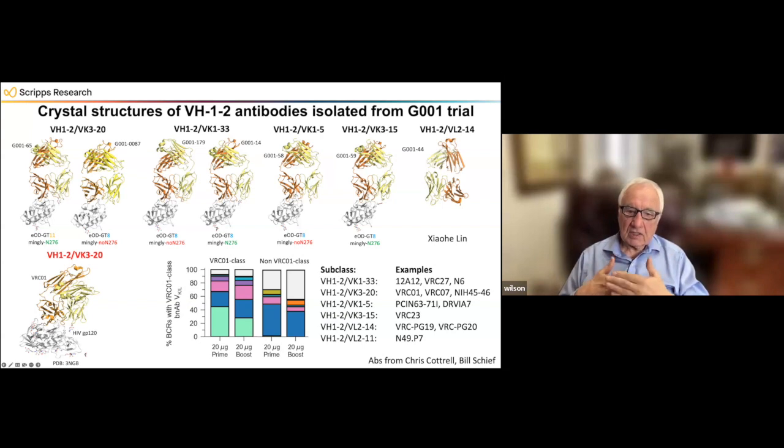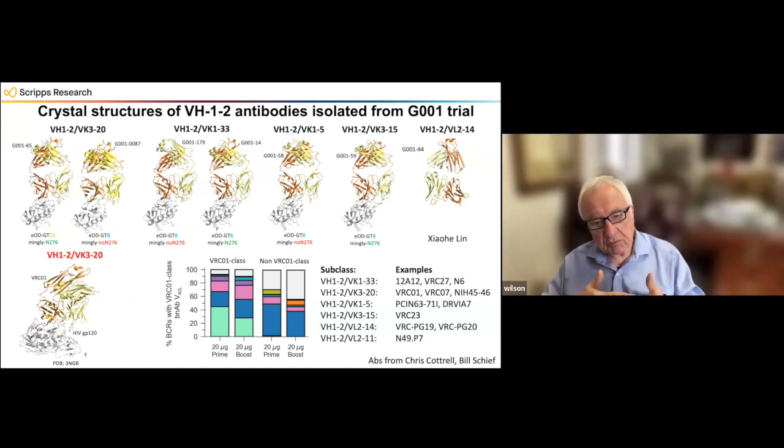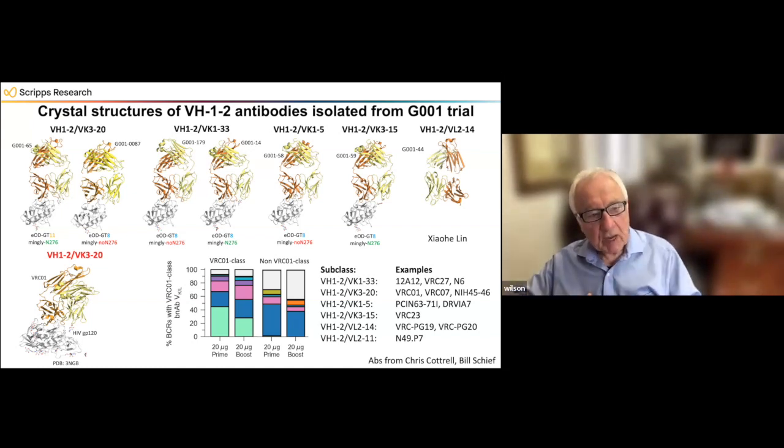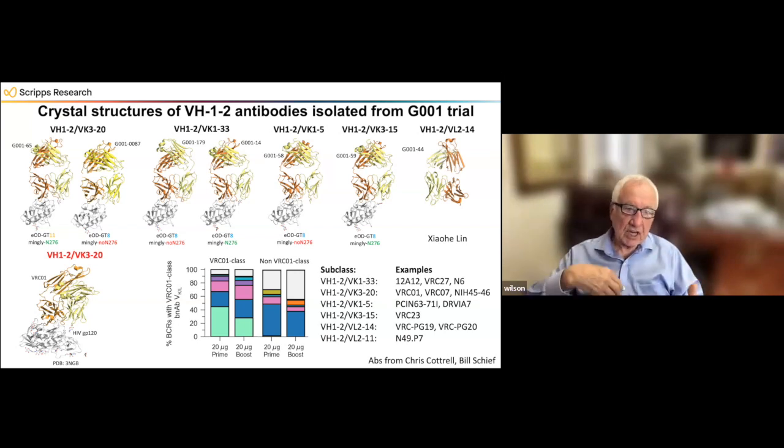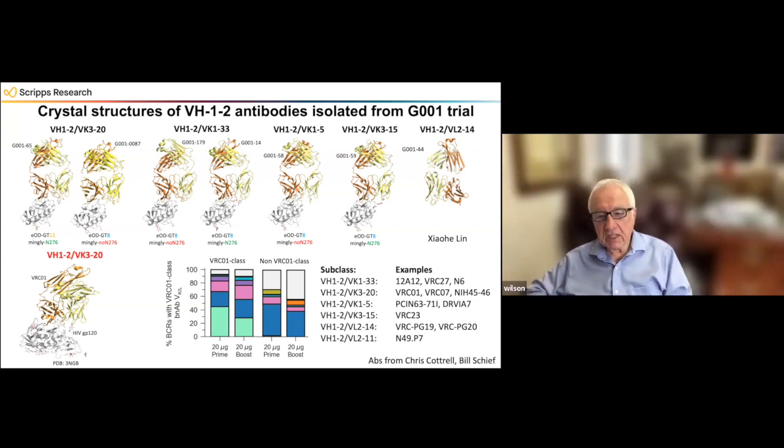So this is not the solution, but this is basically a promising start to show that you can actually start the immune system in the right direction by pulling out the right types of antibodies that you know neutralize the right sort of family. And now the next question is, how can you mature those to get something that would be neutralizing that could go into a vaccine?